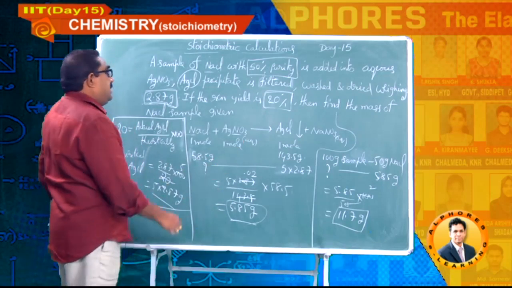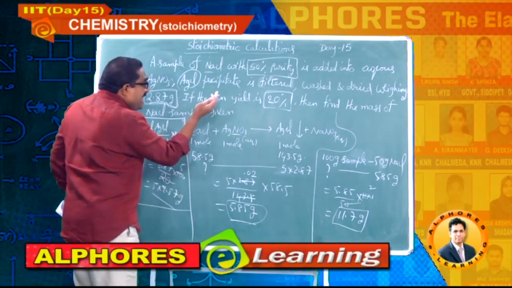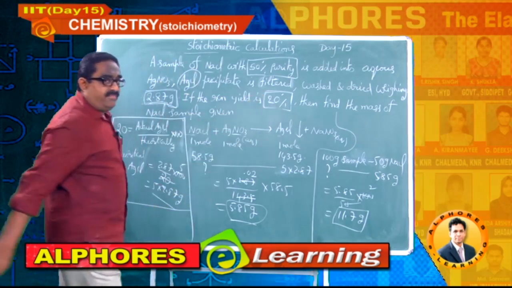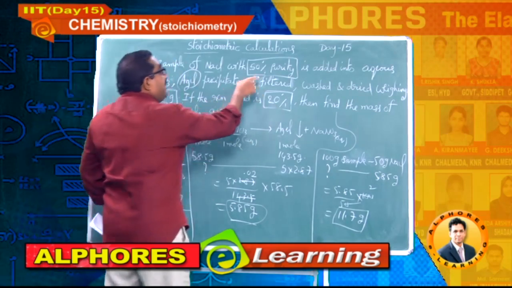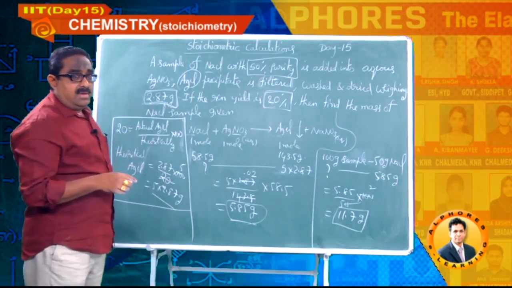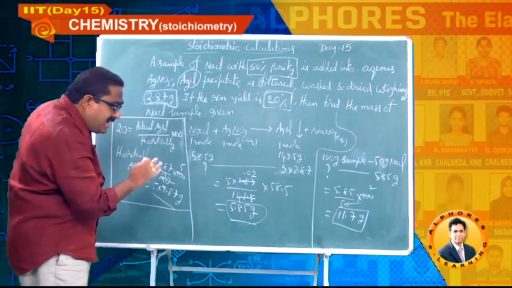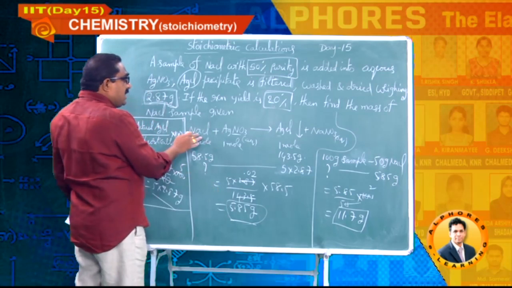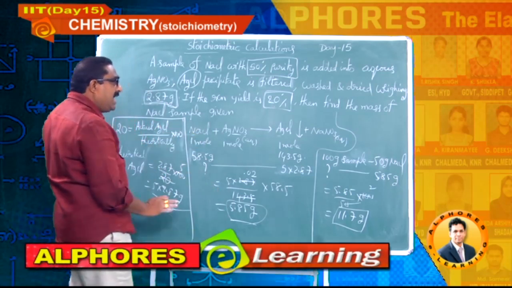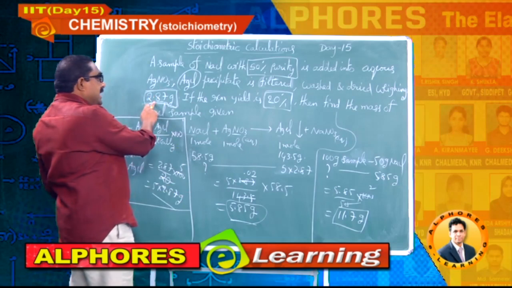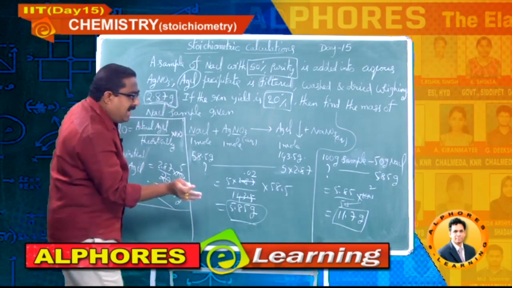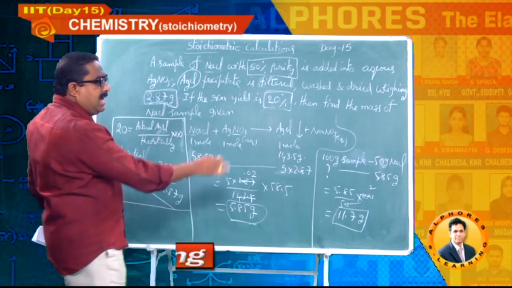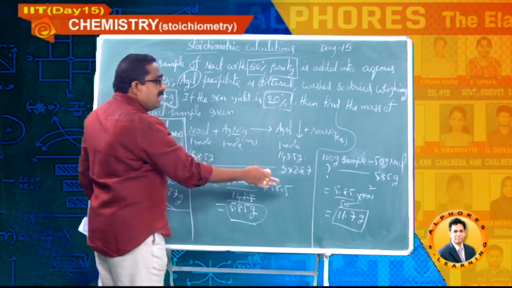Here, he has linked two concepts: percentage yield of the reaction as well as percent purity of chemicals. Both the concepts he has linked here, and first I have evaluated the mass of sodium chloride actually needed to produce 2.87 grams practically with 20% percentage yield,